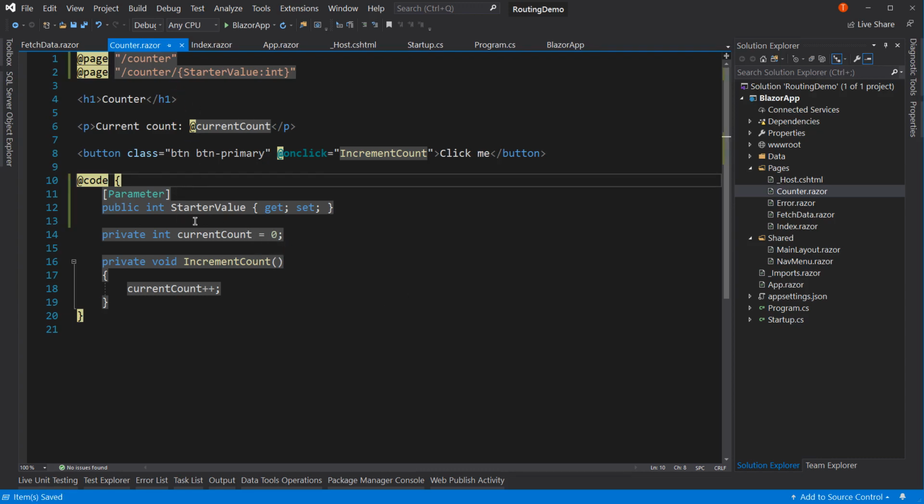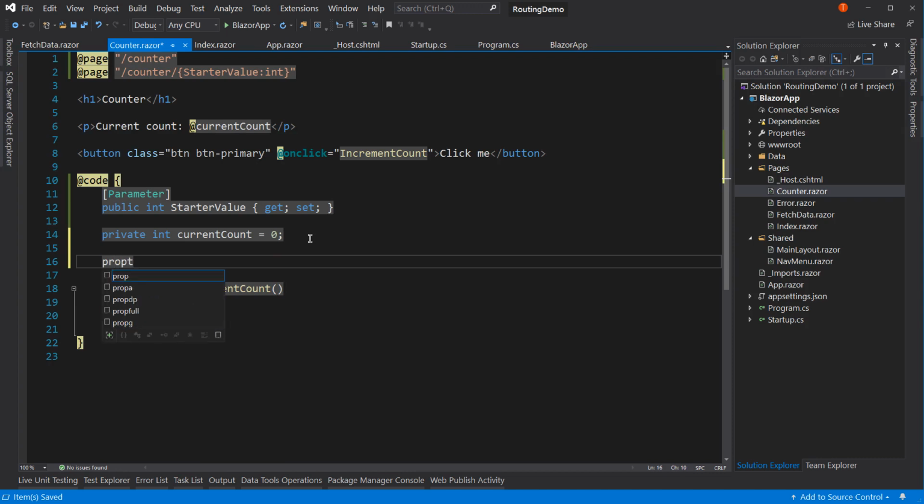All right, so now we have that value, but how do we assign it to our current count? We can't just assign it right here. That won't work. It'll throw an error. The thought might be to set up a constructor and then have the constructor assign the value to the current count. But that also won't work. And the reason why is because the value of starter value will be 0, or the default value, when you are in the constructor. But never fear,